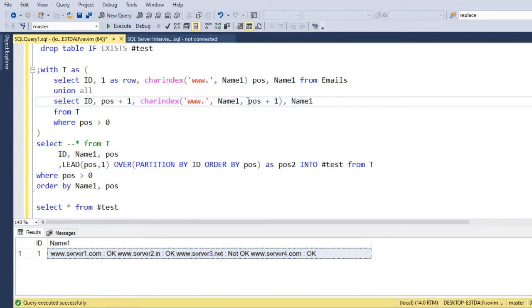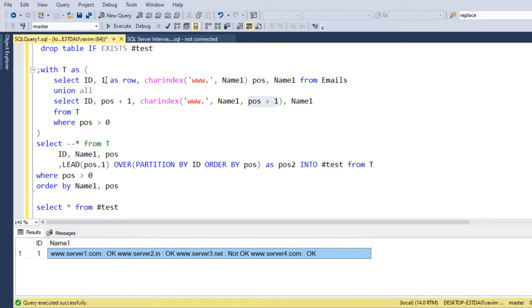The position is holding this particular value. If you see here, we have 1, 2, 3, 4, 5, 6, 7, 8, 9, 10, 11, 12, 13, 14, 15, 16, 17, 18, 19, 20, 21. So 22 is the second www.